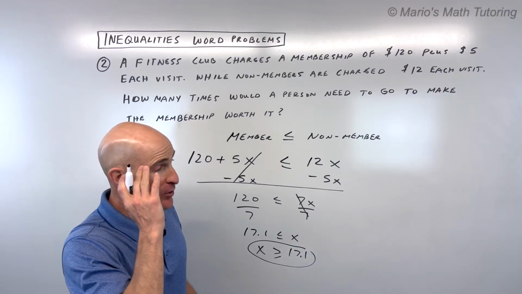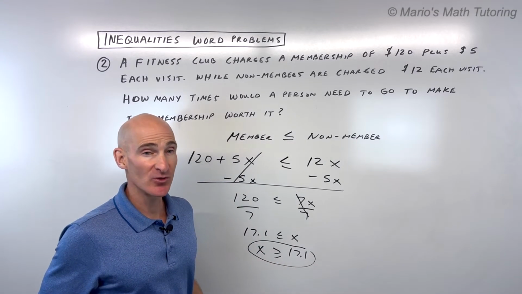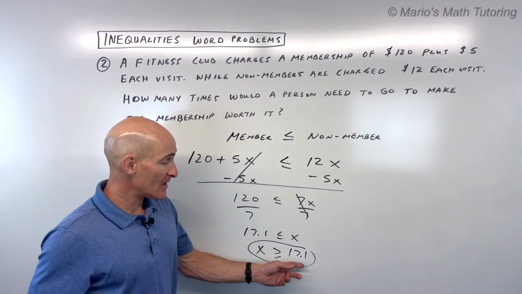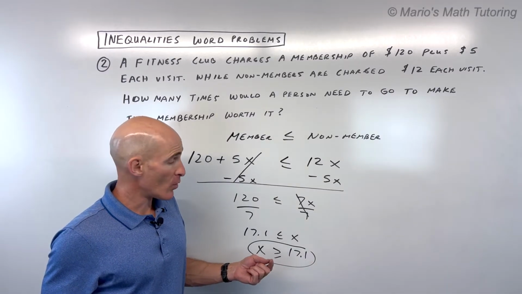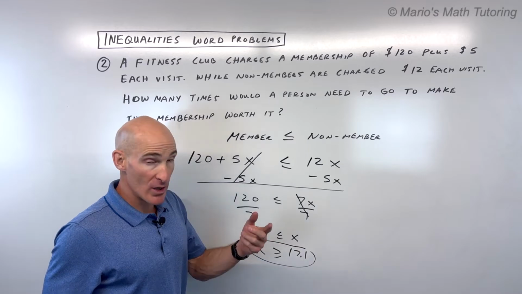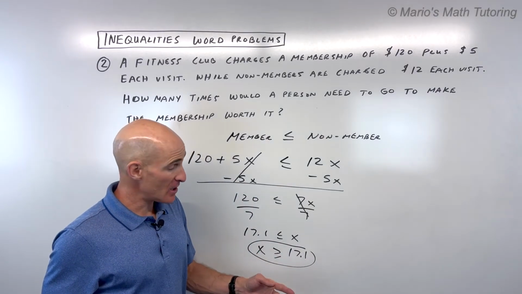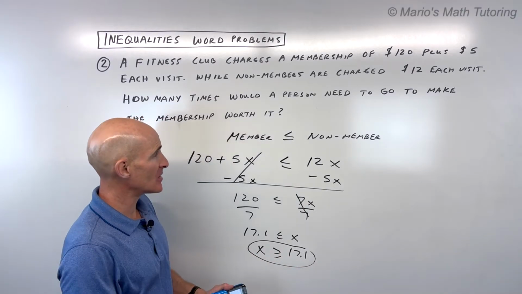Now, remember, when you solve these inequality problems, you want to write a sentence. You want to kind of summarize what the solution means. Like, what's 17.1 even mean, right? Well, you can't go 0.1 of a visit. That doesn't make any sense. So what we're going to do here, which is a little counterintuitive, normally we think, okay, 0.1, I round down. But here we're actually going to round up because